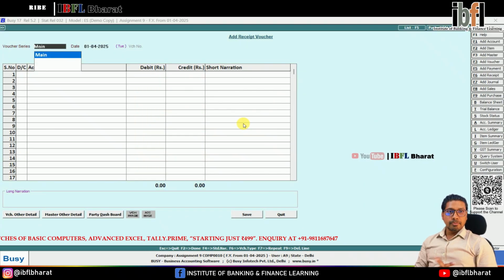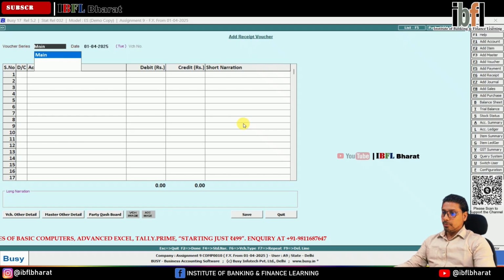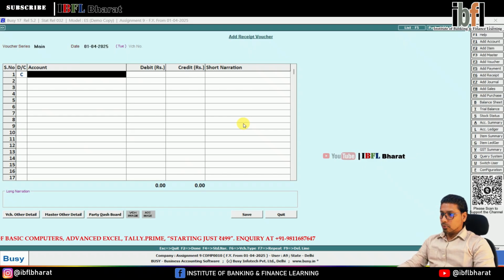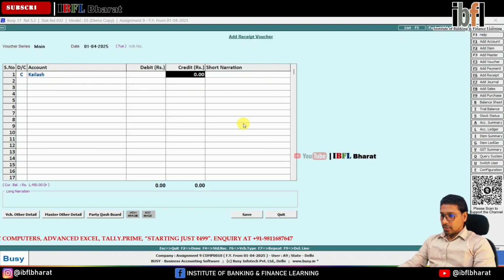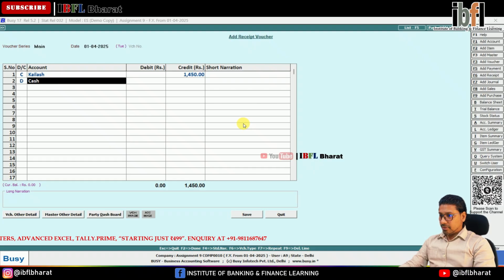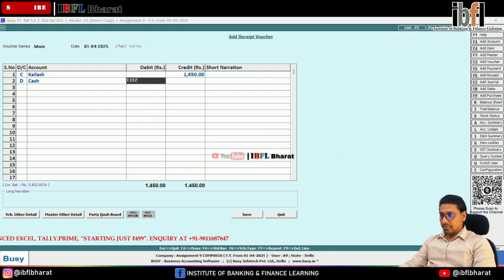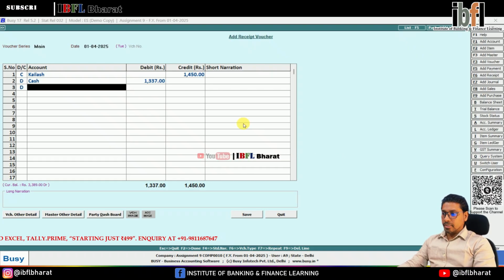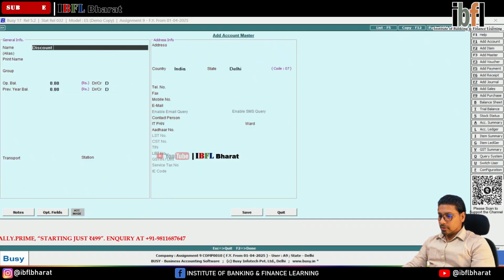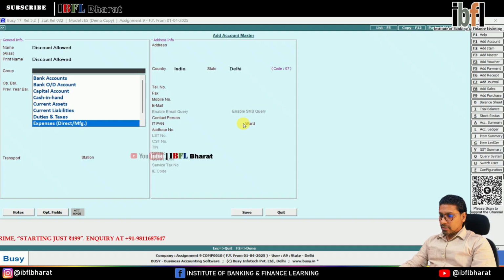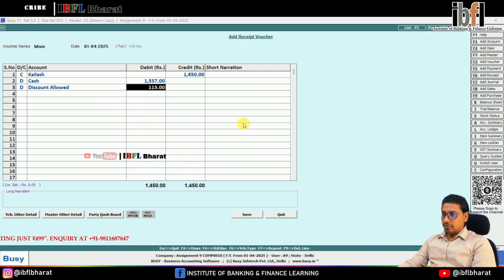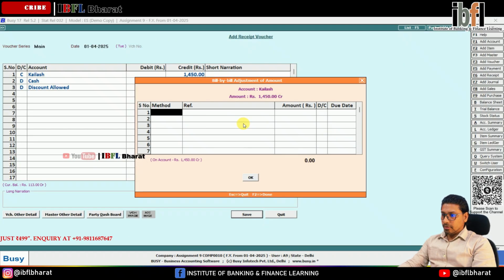Next is Kailash Chand making payment to us, and we are allowing discount also. So receipt voucher we have already opened, and payment is received through cash. The amount of Kailash was 1450, but the payment we are getting is 1337, and the difference amount will go in discount allowed. So we have to prepare a ledger, F3, discount allowed, and discount allowed is our indirect expenses. 113 will be the discount. Save the information by adjusting it with the previous bill